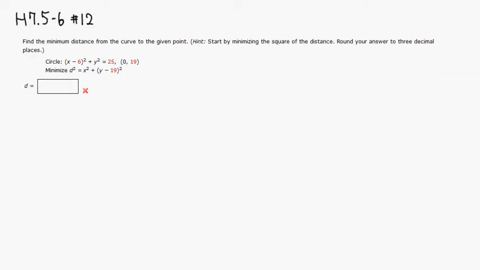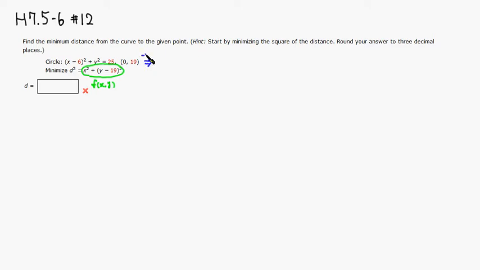Alright, so we want to minimize this function right here. This function is going to be our little f of x comma y, right? Then you have a constraint. So this is a constraint. I'm going to have to rewrite this guy as